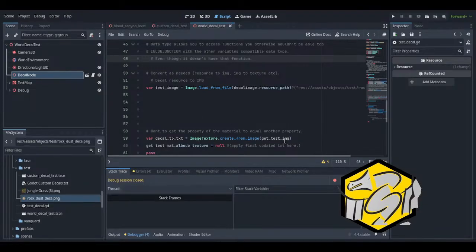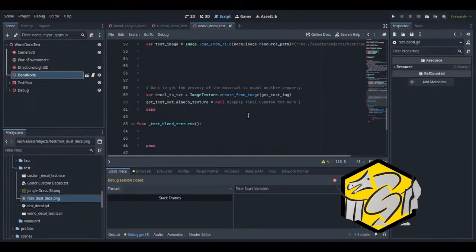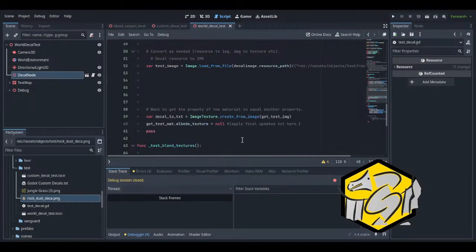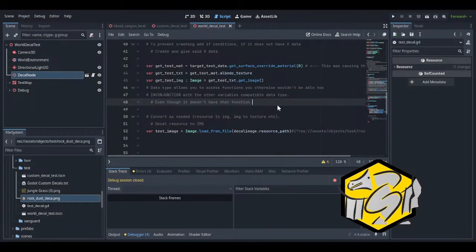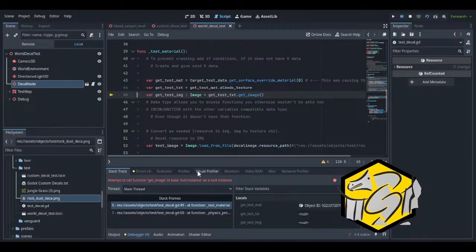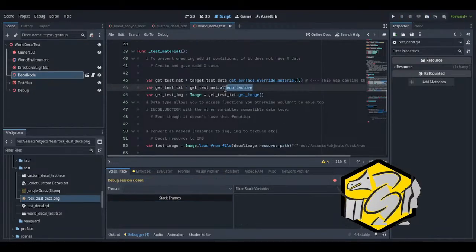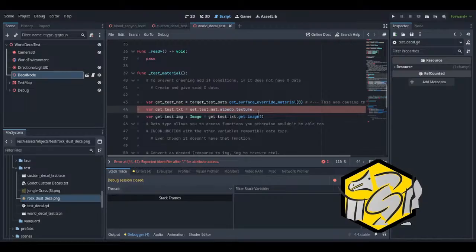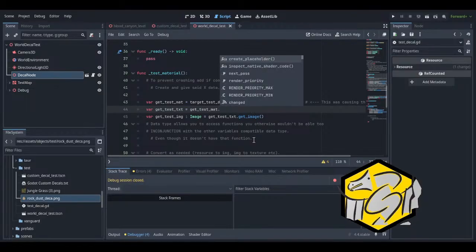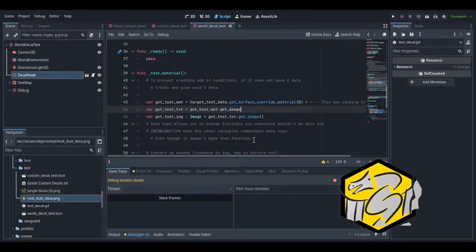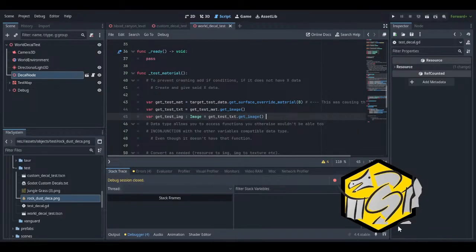Image to texture, create from image. And then we're going to use get test image. It did not work. Yeah, it's null. It's not getting it for some reason. Expected modifier texture. Yeah, well, I'm trying to find any. Are there any that I can grab? Could get image work on just the material? No. What the heck?